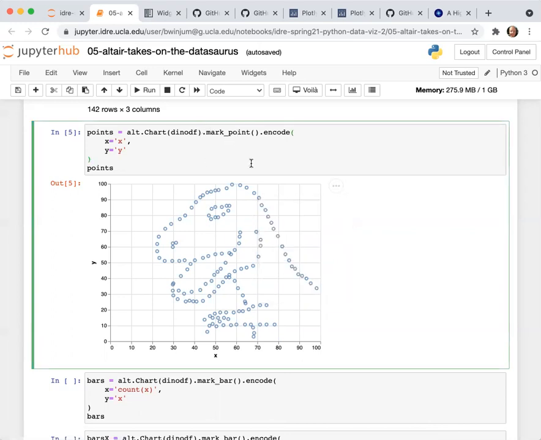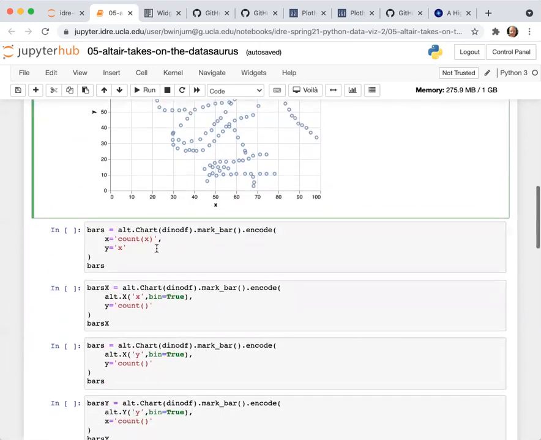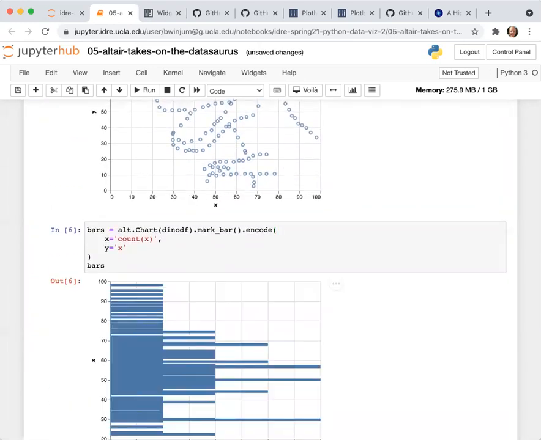I've showed you how to generate the scatter plot. You can also generate a bar plot. So here I'm calling the similar chart method, but rather than mark point, I call mark bar. So this is going to be a bar plot.